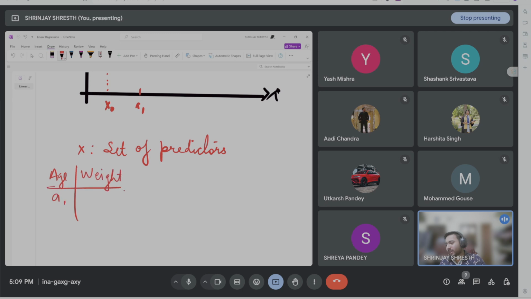So based on some age, we'll predict the corresponding weights. So we can say here your independent variable was your age, right? And your dependent variable was your